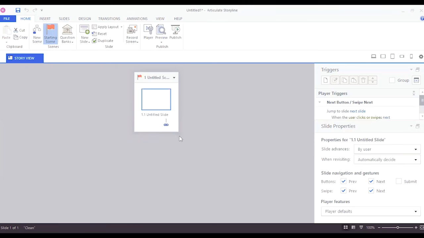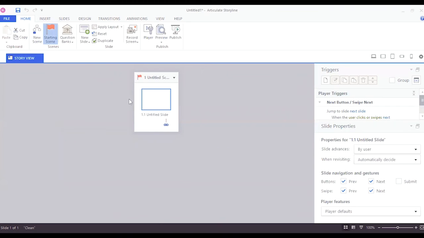So besides this untitled slide, we also have the option of cut and copy, which is very similar to the features that are available when you are working on a Microsoft product. The new scene basically helps you to create a new scene in your course. And then we have the starting scene.